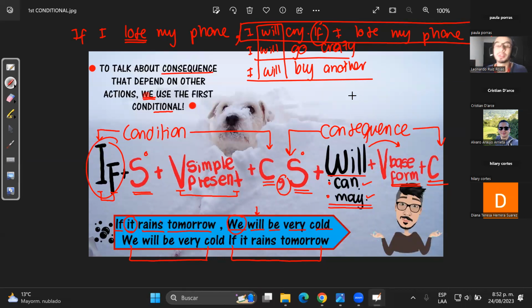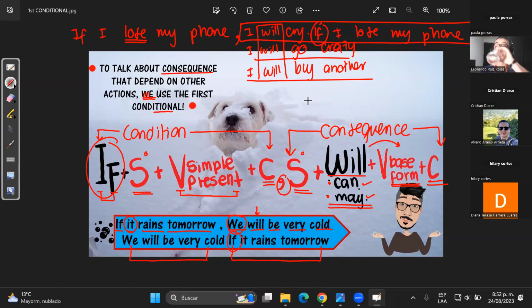Ah, ok, good, yes. Cuando usamos esta estructura de primero la consecuencia y luego la condición, if es el conector que une las dos partes, entonces no se necesita una coma. ¿Listo? No problem. Ready? Questions hasta ahí, más o menos, ¿cómo van con el primer condicional? Es fácil, este es easy.